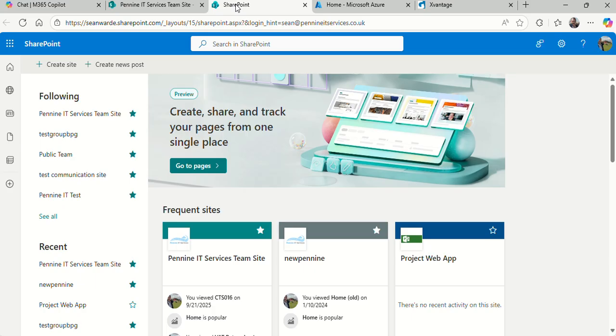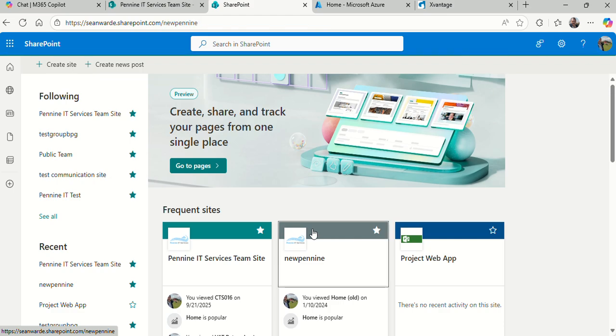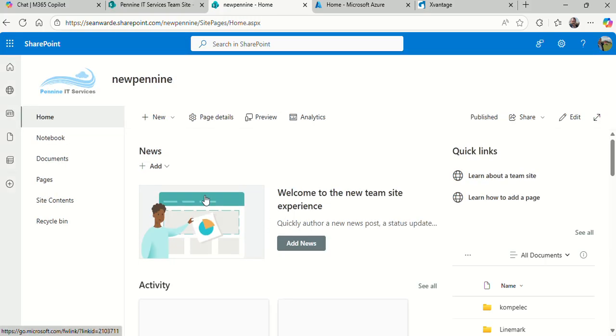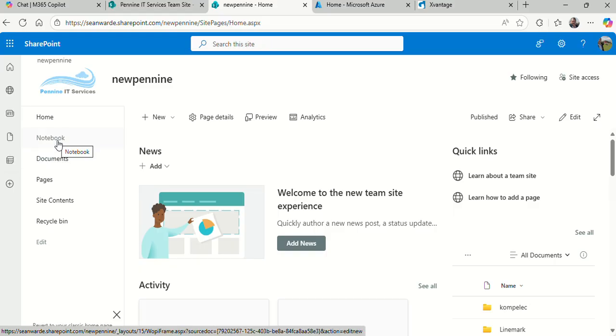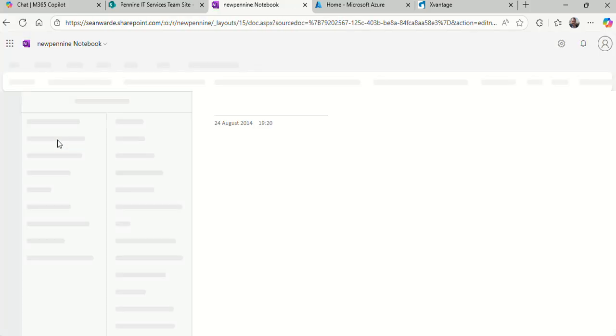I hold data relating to my customers that help me provide support to them. And that data is held in a separate SharePoint site, which I created years ago, called New Pennine. So if I head over to that SharePoint site, you'll see within that site there, I've got a notebook, and if I click on that notebook,